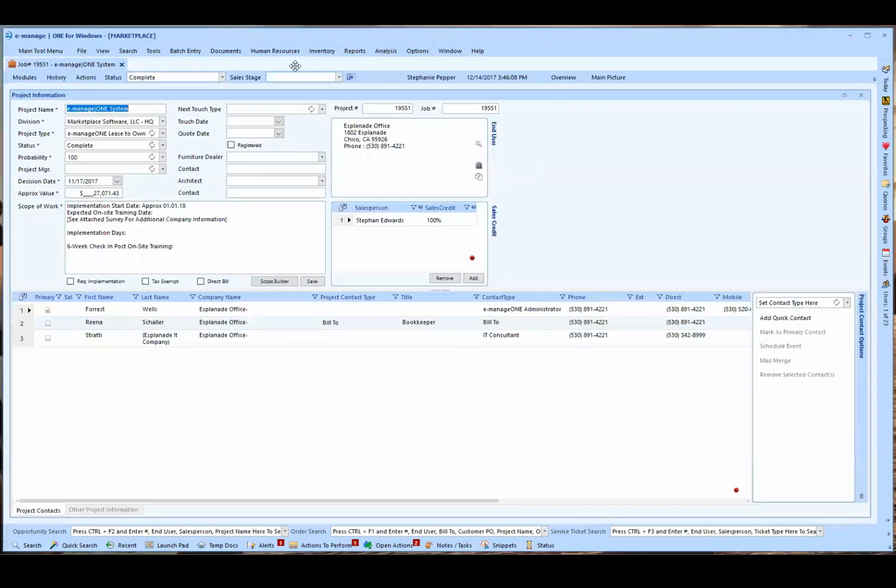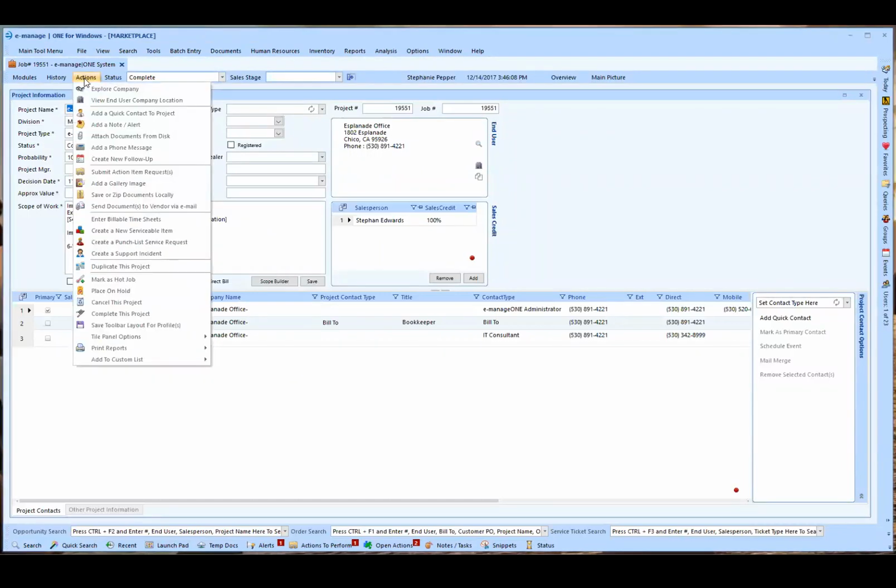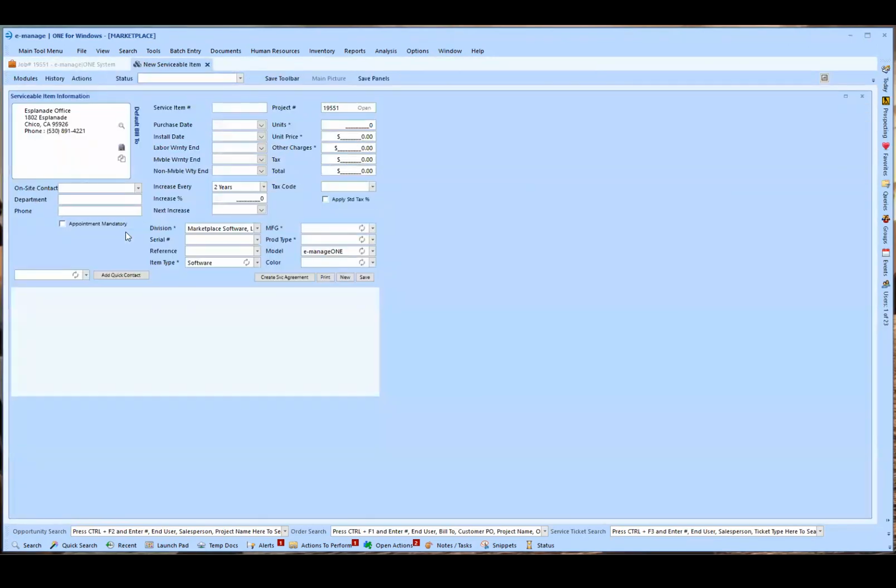So let me go back to this project. I'm going to go to Actions and create a new serviceable item. Now in this window, as an example, I'm going to show you how we do it at eManage. Our serviceable item is going to be the software, and it's for ongoing support. Now for maybe our customers, as an example, a dealership,